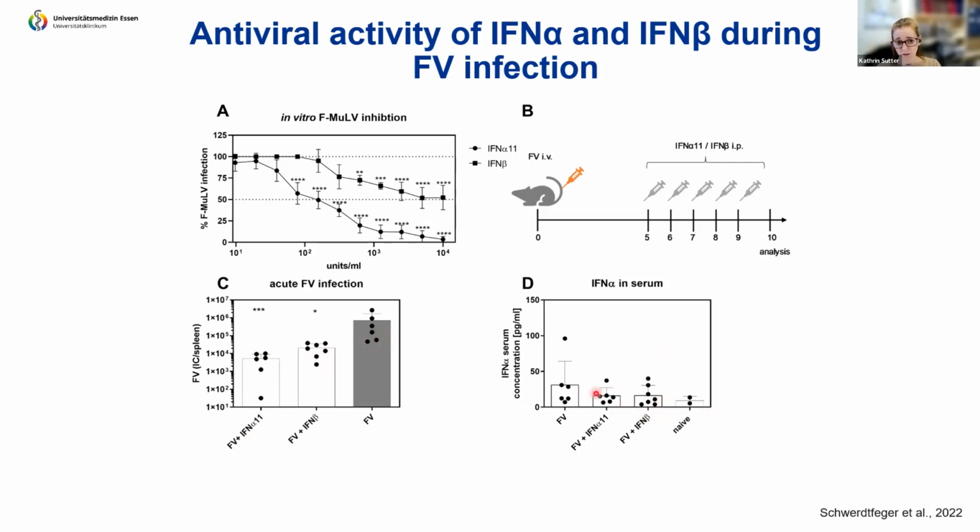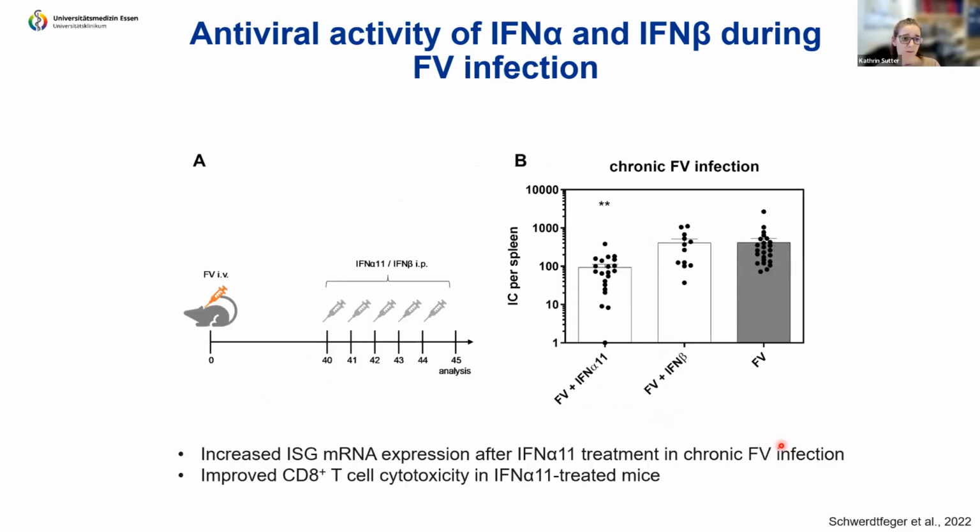We could not really see interferon alpha in the serum of the mice, so that was not surprising. But then we went into the chronic infection. So we infected again these mice and let them sit for around 6 weeks. And then we treated them again 5 times with alpha 11 and interferon beta. And that was again very interesting, because similar to the results I showed you in LCMV, interferon beta itself had no effect on the viral loads, whereas treatment with alpha 11 significantly reduced the Friend virus